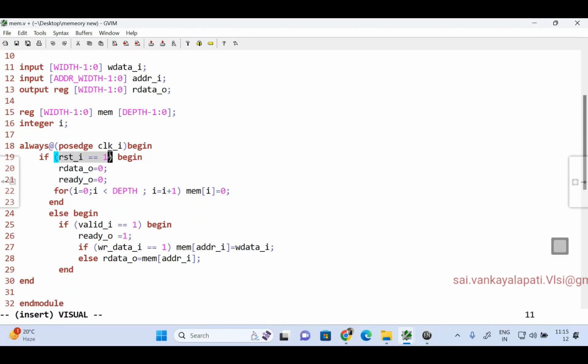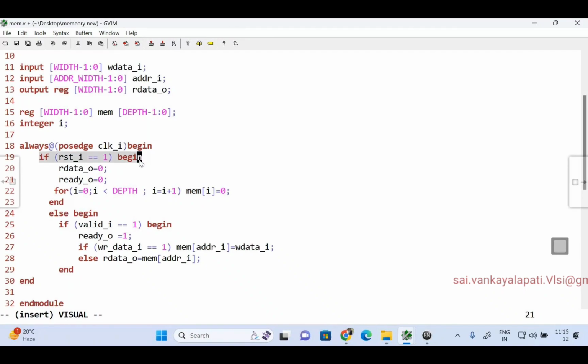Now, if reset is equal to 1, all the memory locations I'm keeping 0. See, I is iterating from 0 to 31. So 0 to 31, all the memory locations, what are we keeping? Zeros. You can understand when this will happen? When reset is equal to 1. I don't want to do any reading or writing of data. All memory locations of my memory should be put into what? Zeros. This will happen when reset is equal to 1.